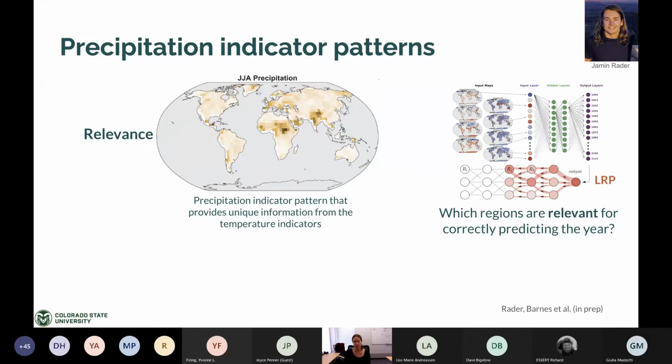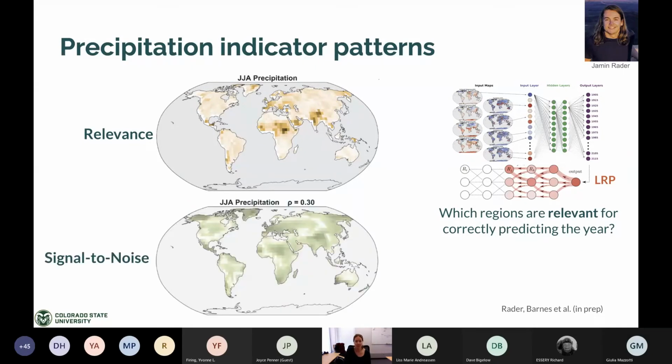Now, if you didn't use neural networks, you might think to make a signal to noise map instead. And that's what's shown here. The important point with the signal to noise map is, while there's certainly a lot of information on it, it is different than what the neural network has highlighted. And that's because the neural network is highlighting the most relevant regions as a whole, where the signal to noise map is computing each pixel separately. So that is, the neural network is truly identifying global patterns that are relevant and important.